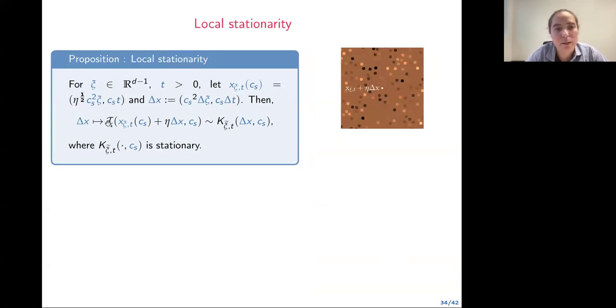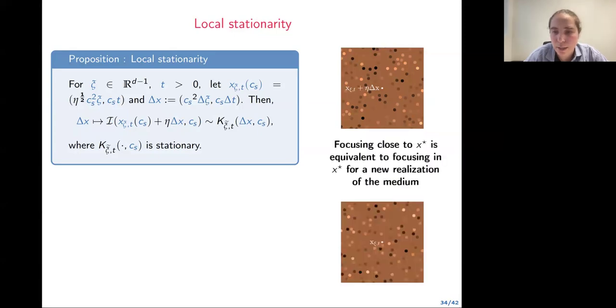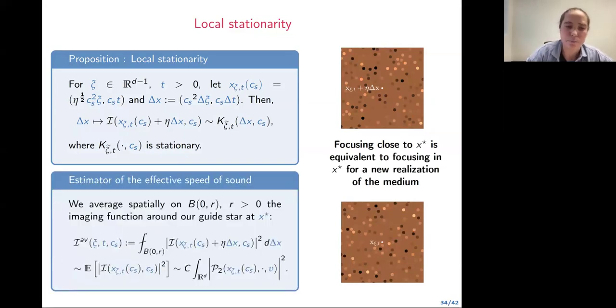my imaging function here is asymptotically stationary. Okay, if I compute my imaging function at a point xct, and I compute the imaging function at xct plus eta times a delta x, it's as if I'm computing my imaging function for another realization of scatterers. Okay, and so with this in mind, I can use this to get rid of the random effects in my